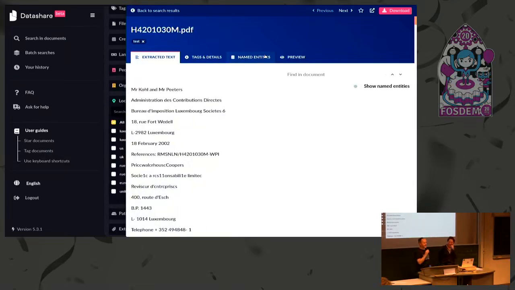So the question was how many languages are supported by the NLP pipelines? How do you figure out which one it is when you take the document in? It's a question of the chicken and the egg. We detect the language with a small framework called a language detector, but when we are doing OCR, we have to provide a language, and we have to run OCR to know what language the text is.